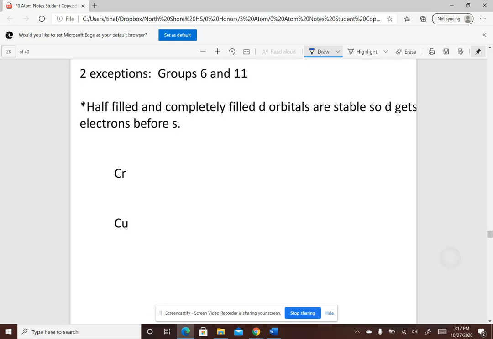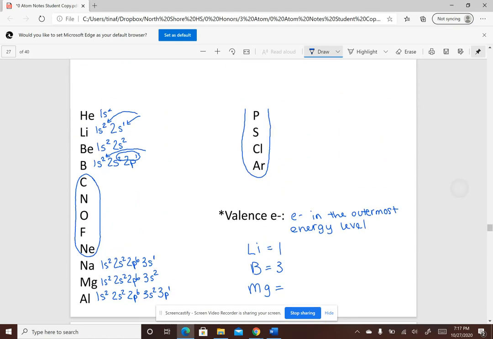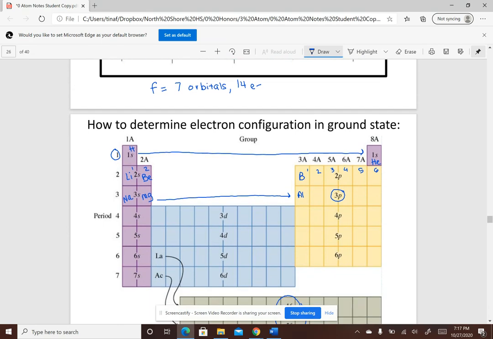All right, guys. So we're going to look at one more thing today. I think one more thing is good. So you can see that these electron configurations fill up in order, right? So the only exceptions you have to remember are group 6 and group 11 on the periodic table. So if I scroll back up to this one here, 1, 2, 3, 4, 5, 6. This is group 6, 7, 8, 9, 10, 11, and this is group 11.